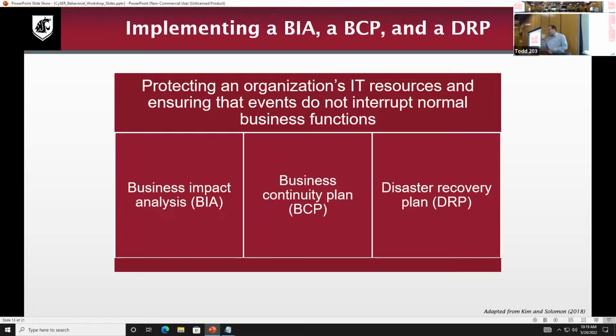As part of this process, organizations are going to have a few different documents, a few different things in place that help them to make sure the business keeps operating the way that it should. One thing they're going to do is a business impact analysis. They're going to look at, if something unexpected happens, what does that impact on our business? If our AWS servers go down for a day, what impact does that have on our ability to meet our clients' needs? What's the financial impact?